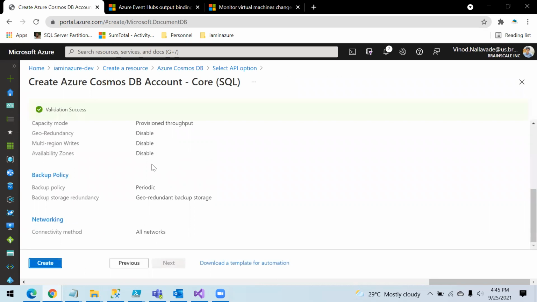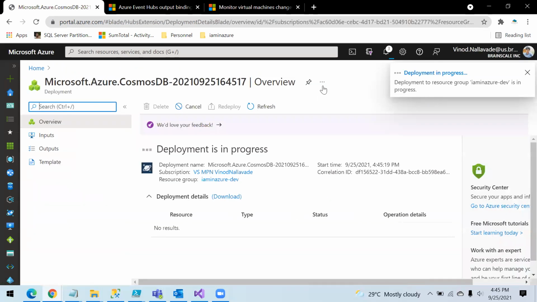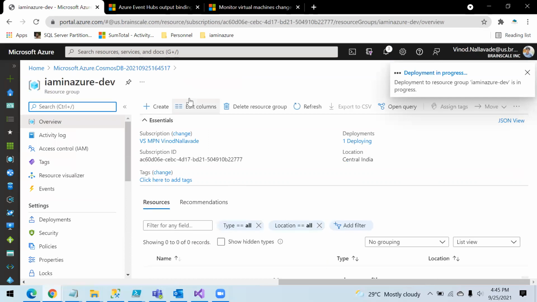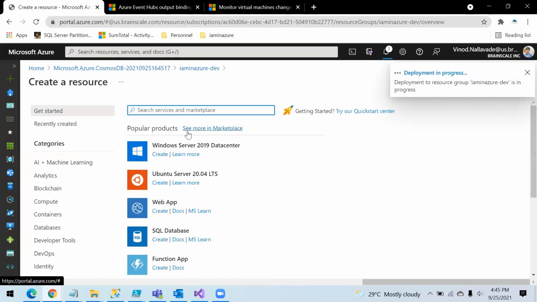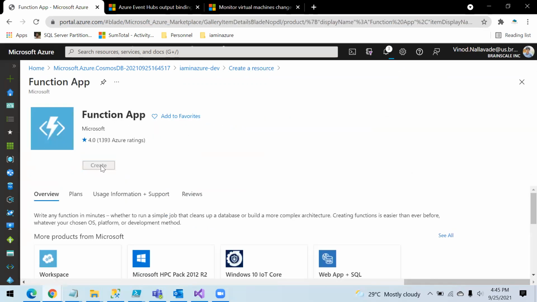It will just validate against the policies, and the validation is successful. So we can create this. We will have this Cosmos DB ready here. Meanwhile, I will create the function app as well. So function app, create this.